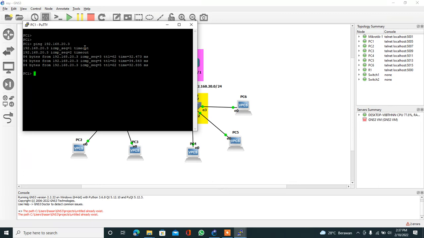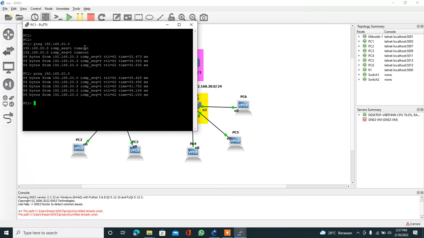The first one times out because sending a packet needs a process. You can see, trying to ping again, all replies with TTL. Okay, that is a sign that we have successfully configured the integration of dynamic routing BGP.